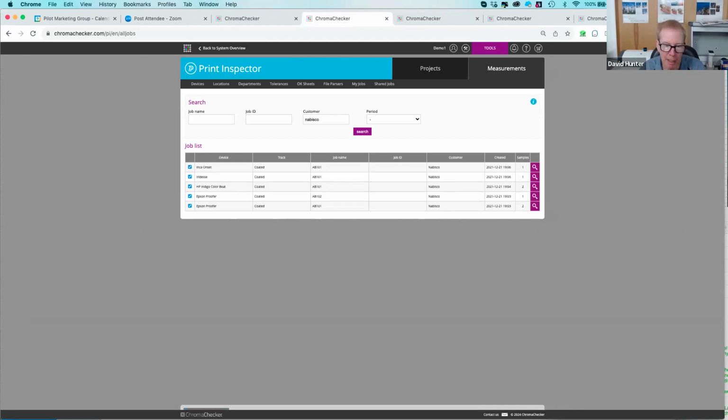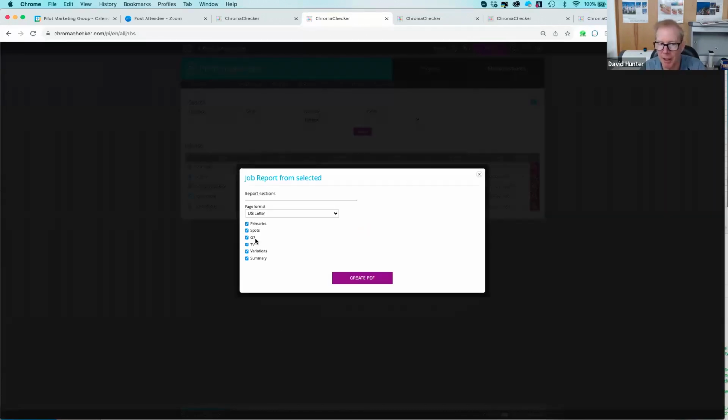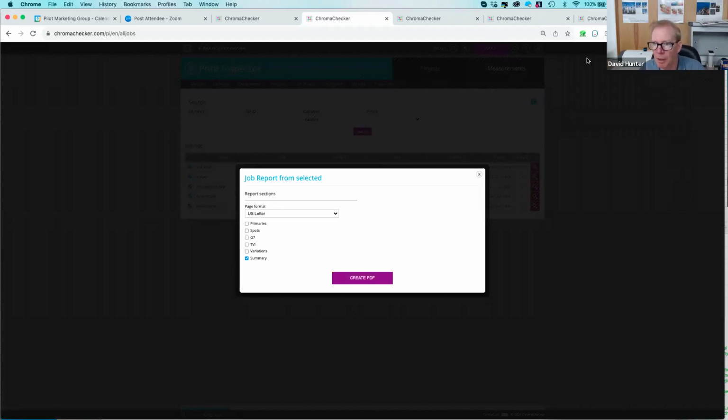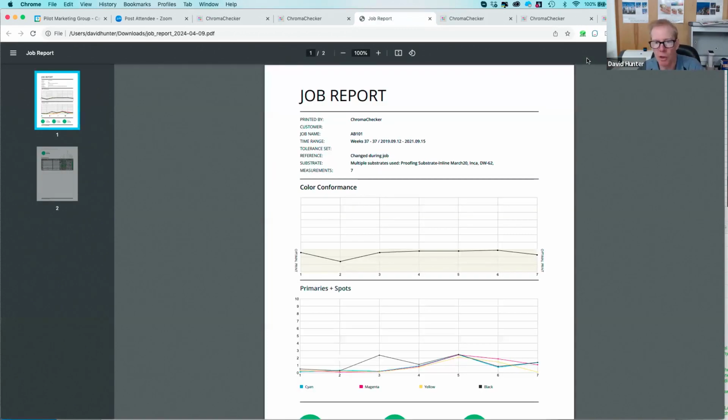and build a report, and it'll make a great little PDF here, and I can tell it what data I want on it: primary spots, G7, TVI, variations, and a summary. This customer just might want a summary. And so I say create PDF. It builds this PDF that I can then click on, show you what it looks like, and then send this out to Nabisco to show them, hey,